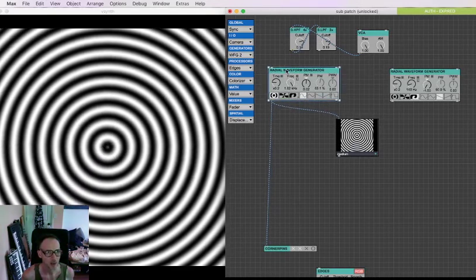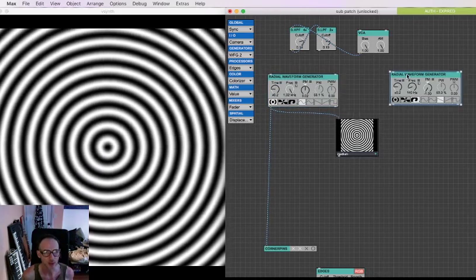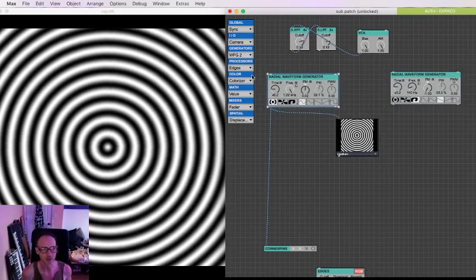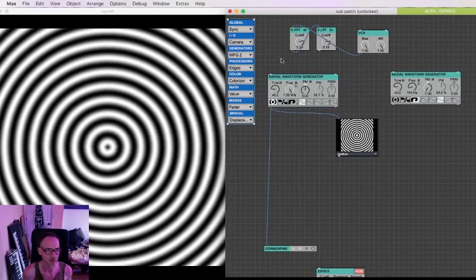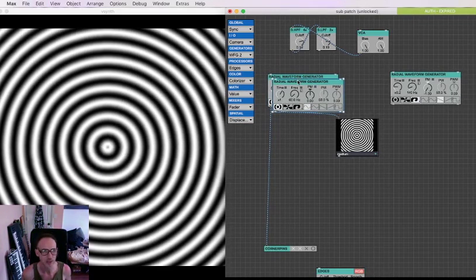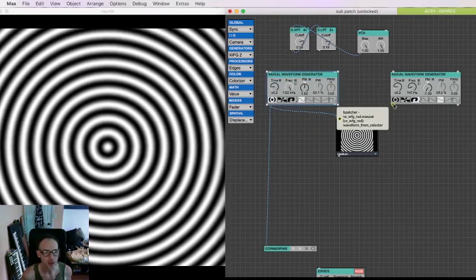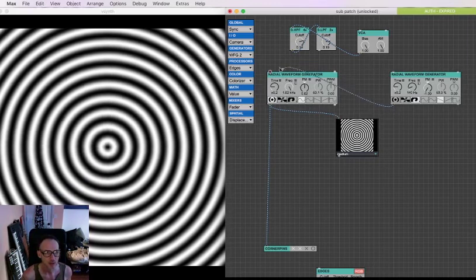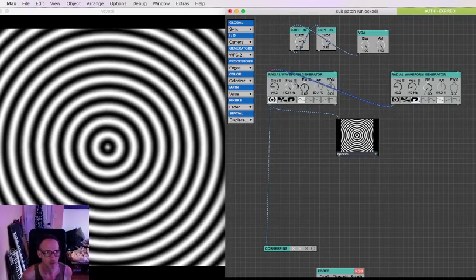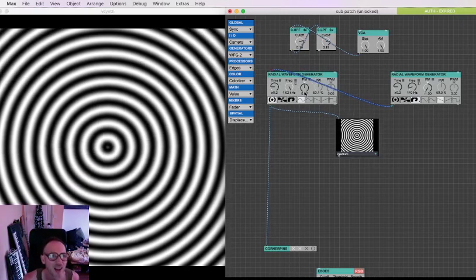And I would like to modulate the frequency. So I'm going to take this other radial waveform generator. If you want to get another one, you can pull it out of this little thing here. Or you can just click on this and then Command or Control D, and that'll duplicate it. And then grab another one. And I'm going to take the output of this and plug it into FM in, Control in. And then I go over to